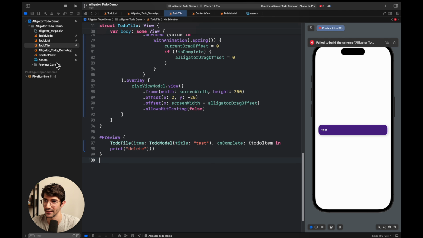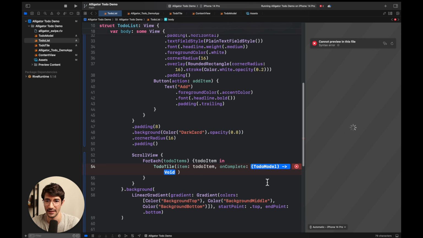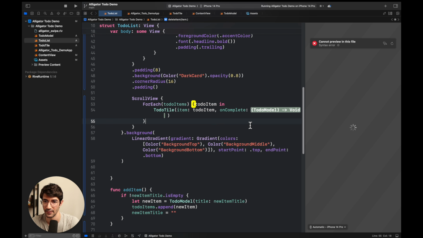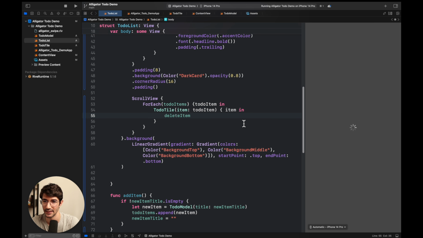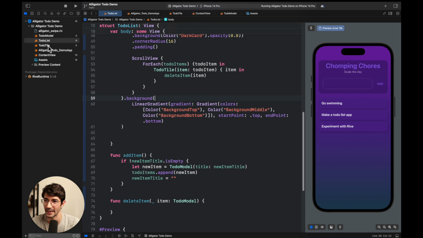Okay, it may be giving issues because in to-do list, we need to pass it in as well. Okay, so for here, we can say onComplete, and here we will actually create a new method called delete item, and we get in our item, which is of type to-do model, and here we can just pass in that. So yeah, let's just do it like this. That's fine. And we don't want to specify the name. Okay, going back into our to-do tile,